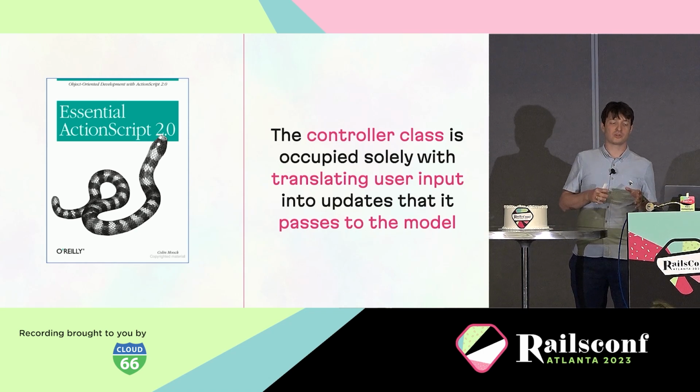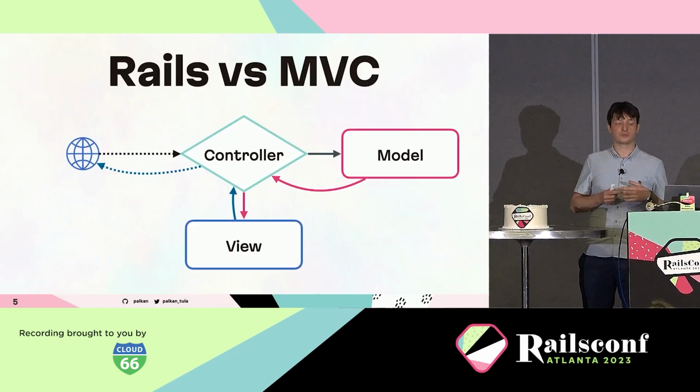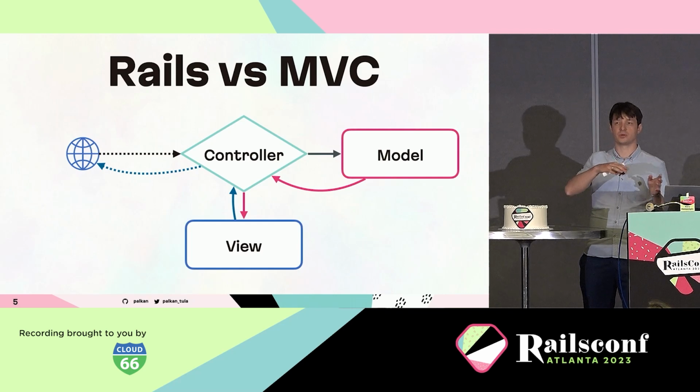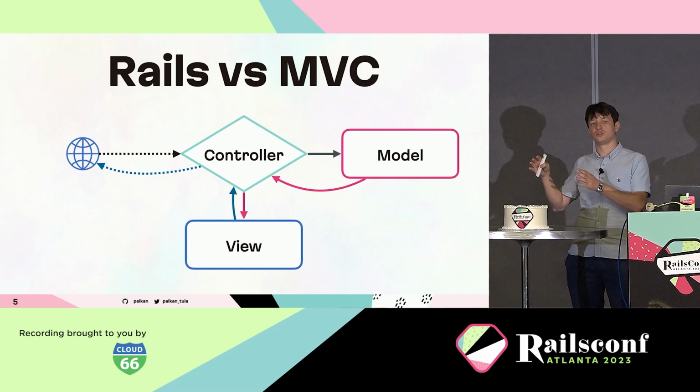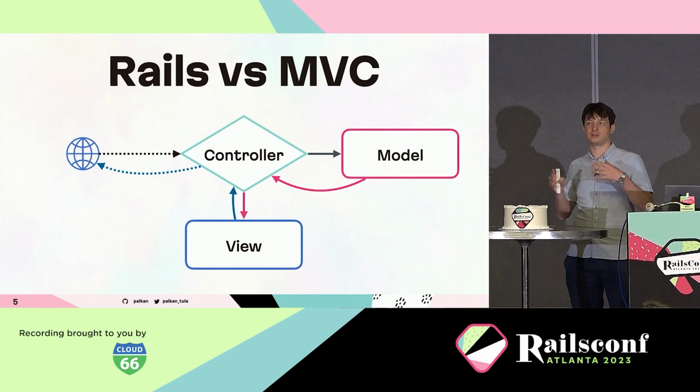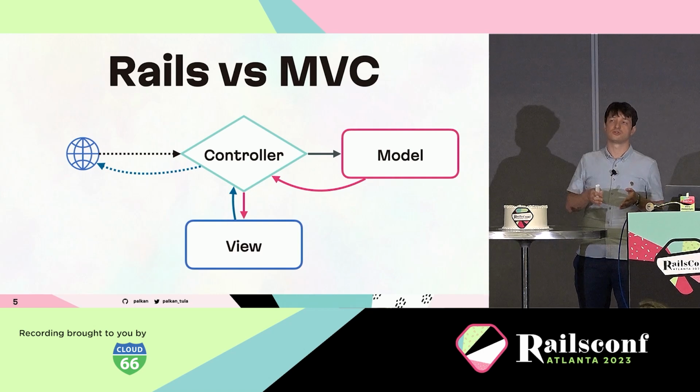Well, that's probably the part that differs a bit from what we have in Rails, because in Rails we do not have this mechanism of model updates propagated through events to view objects. We just have rendering. So the controller is responsible for collecting data using models and passing it to the view